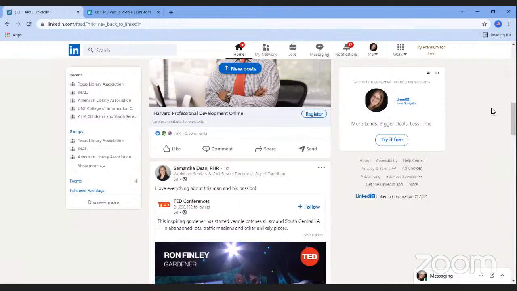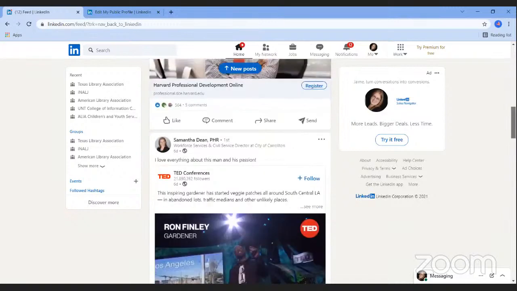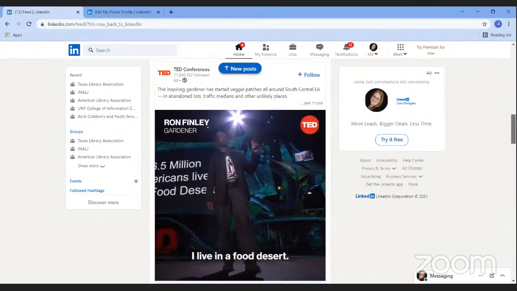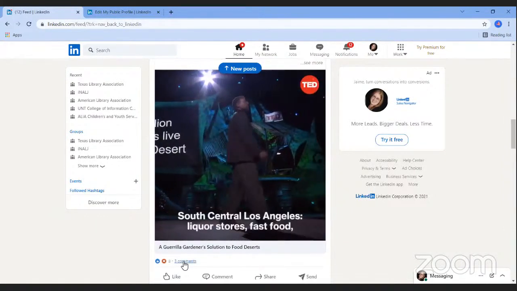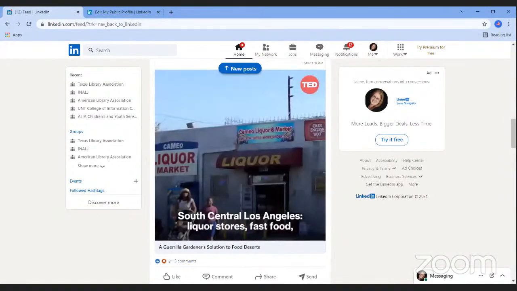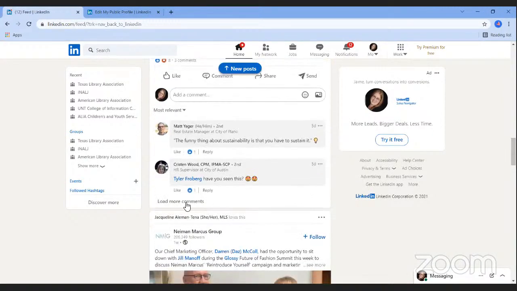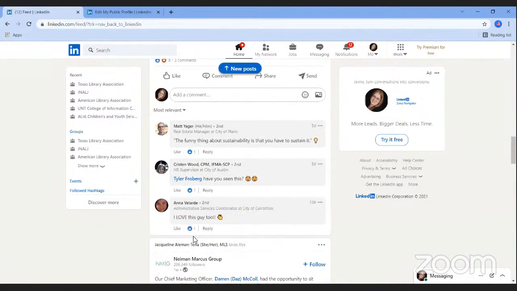And sometimes you might want to discuss a topic or idea that has been shared, and you can do that by adding a comment to an ongoing conversation or even starting a conversation. But let's say this post here has 3 comments. I can click and see the comments. I can either add my own comment in by clicking on add a comment, or I can reply to someone else's comment by